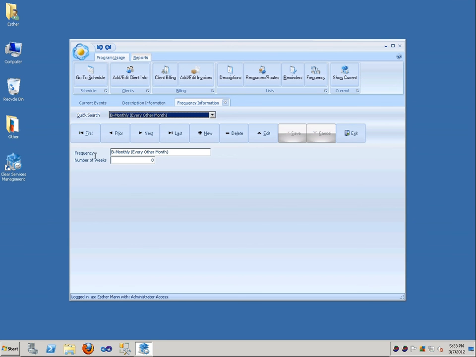That's every 8 weeks. So it's important that when you're putting your own custom frequencies in here, that you really do specify the number of weeks, because this comes into play when you're actually creating job types for your customers, which I will go over in the customers tutorial, and when you're going to specify how often you want to come back to this